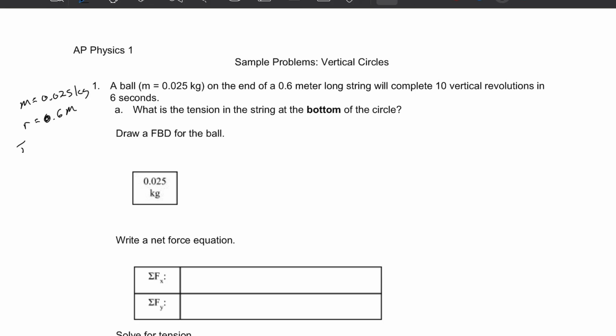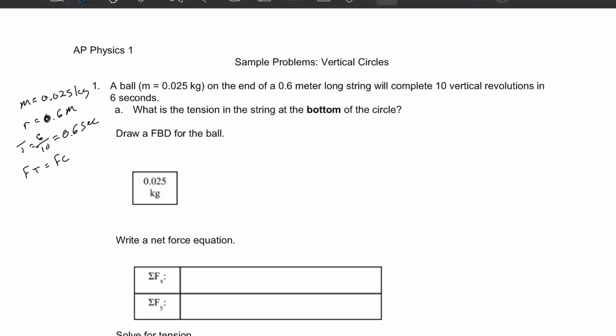Let's go ahead and write our knowns off to the side in the margin. So mass is 0.025, radius is 0.6 meters, and then for period, we have 6 seconds per 10 revolutions, so 6 divided by 10 would be 0.6 seconds. We're looking for the tension,